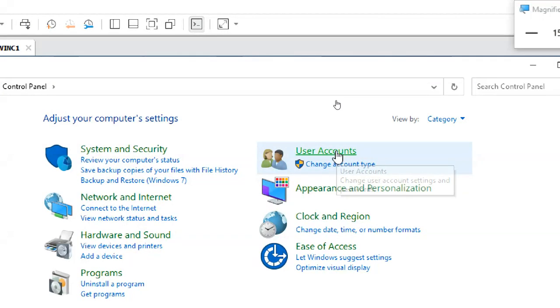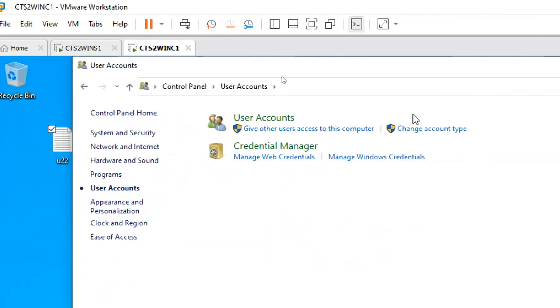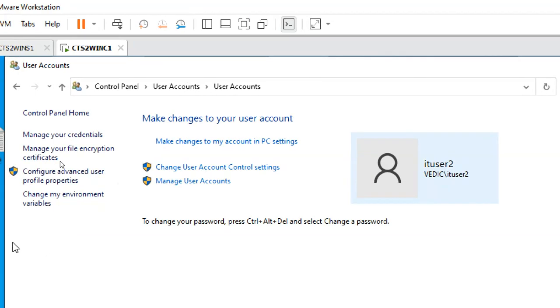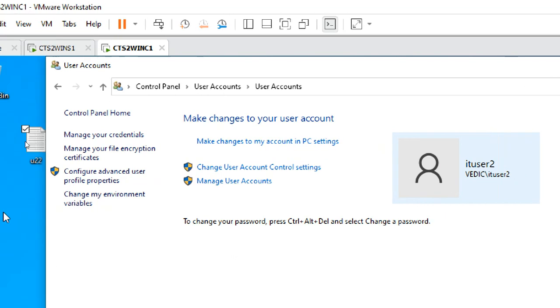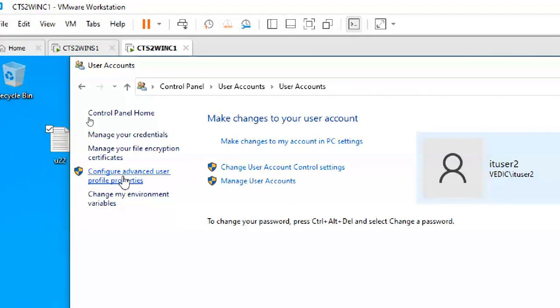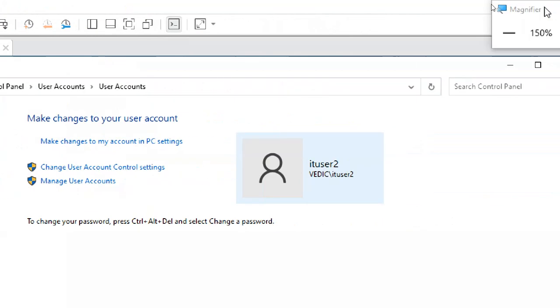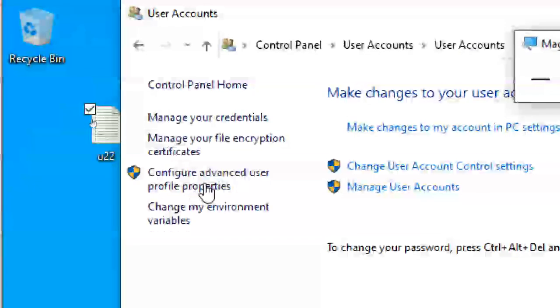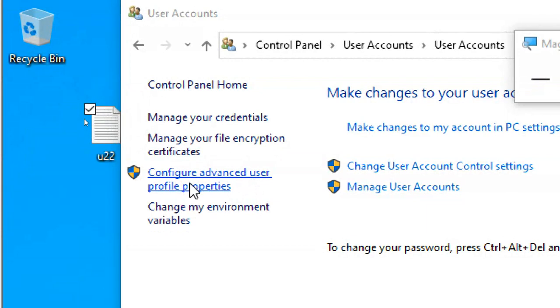You can go directly to user settings now, current user and user accounts only like this. Vedic slash IT user 1. It is a domain user. Next, configure advanced user profile properties. Can you see? Go to this one.